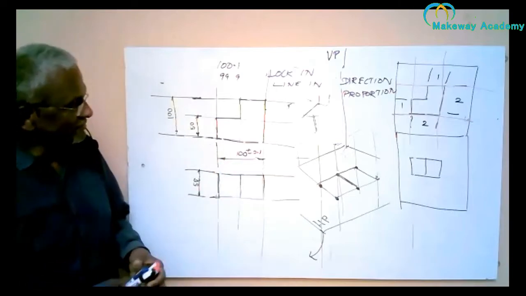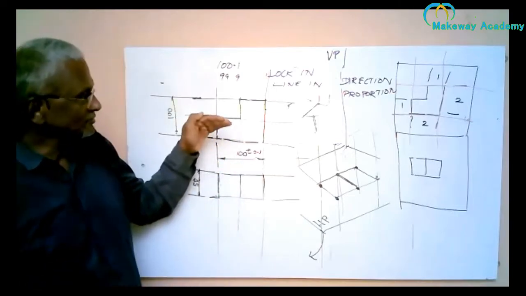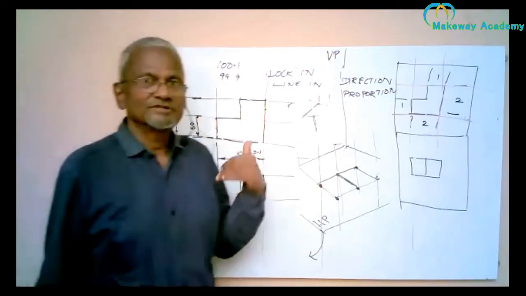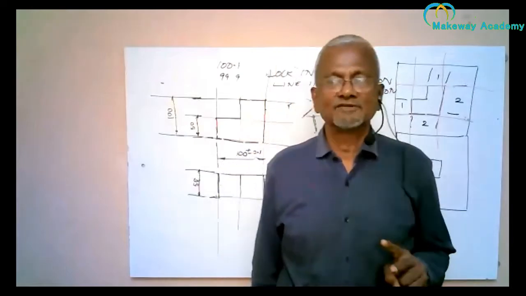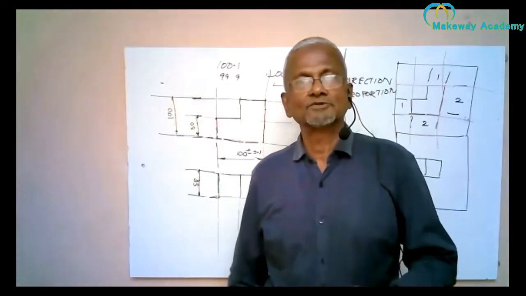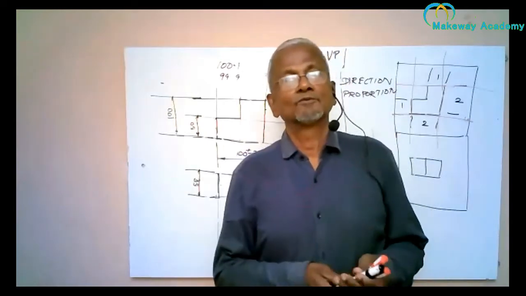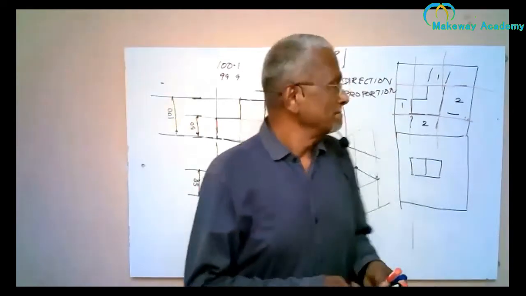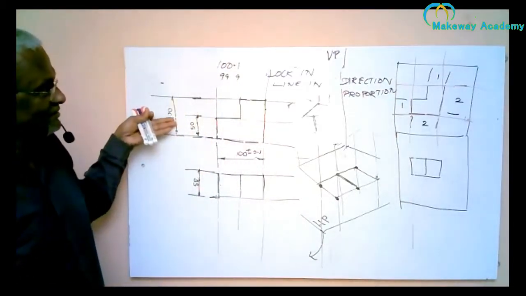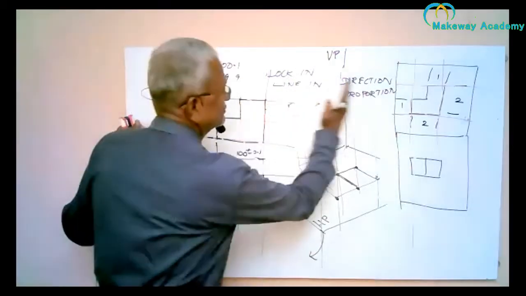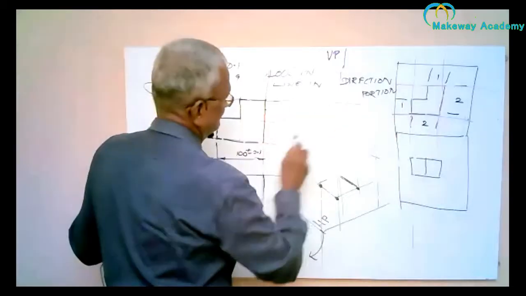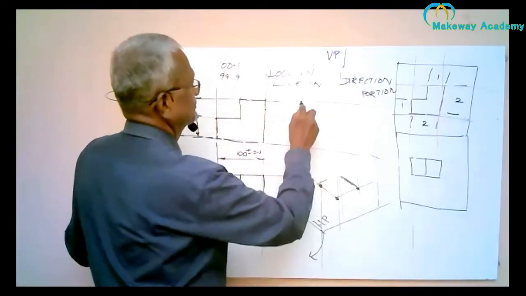Now here I have drawn only two views. I have drawn the front view, I have drawn the top view. So this is a simple object, two views will be sufficient. For some object, two views will not be sufficient to fully describe the object. So we may have to draw one more view. So one more view in this case is left side view. So the object is viewed from the left side and the left side view is placed on the right side. So a lot of people have got confusion. What confusion, you know?